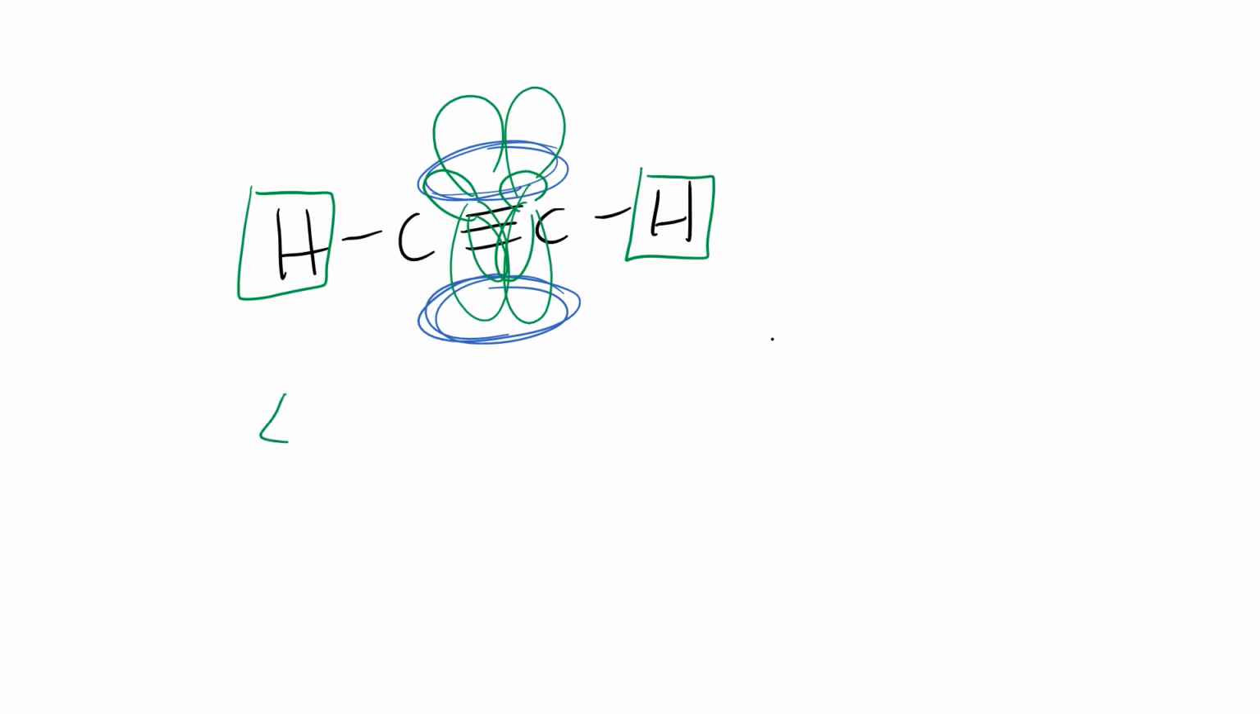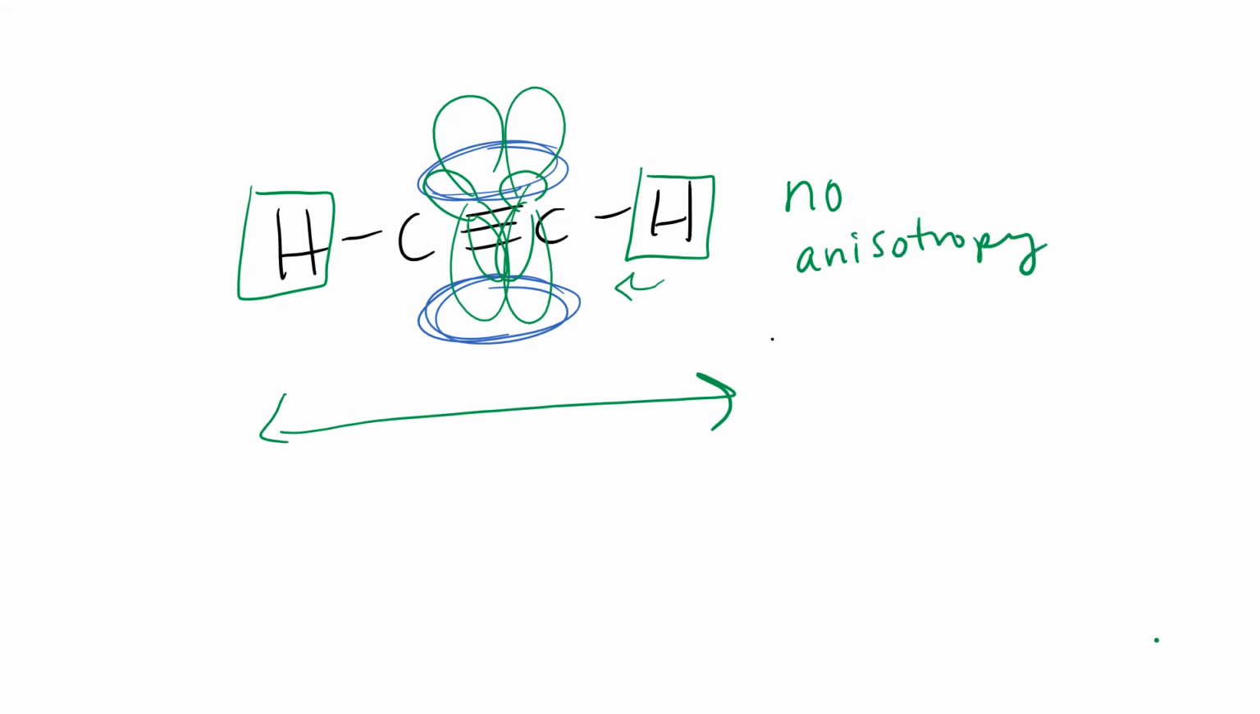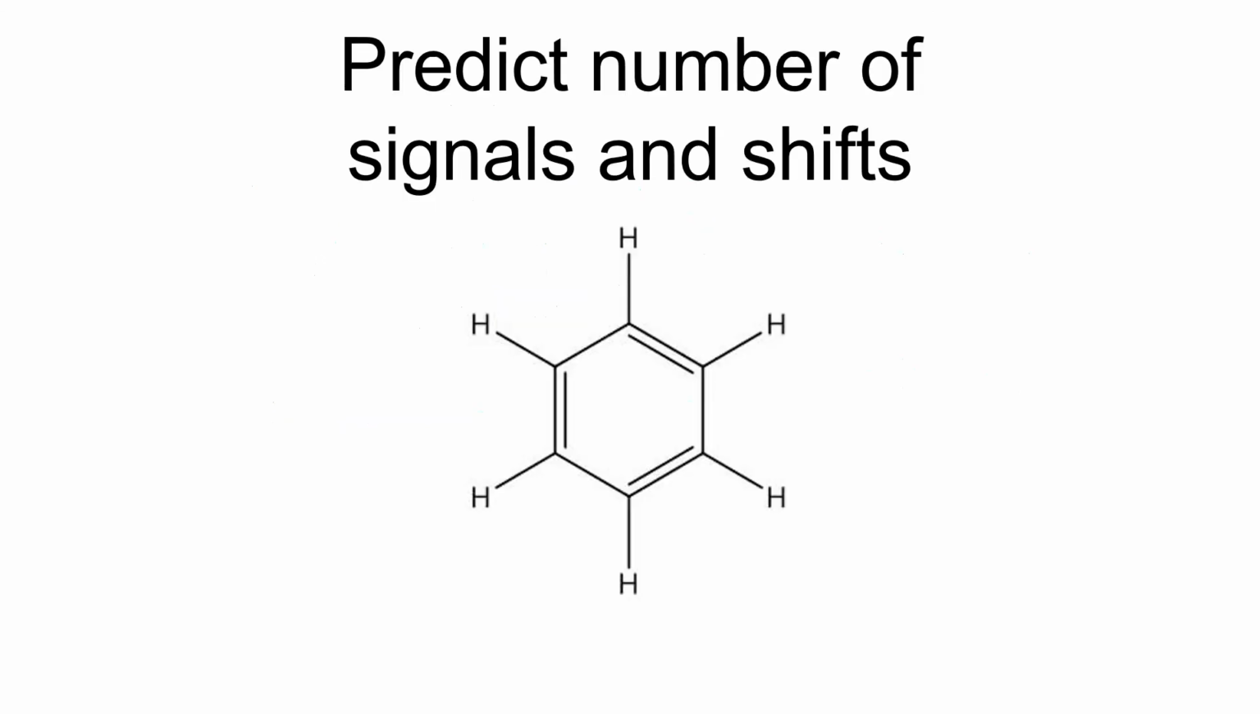So remember, this is a linear molecule, and these protons are not going to be in the correct spot, basically, to feel the effects of this magnetic field. So there's no anisotropy here. So there's no reinforcing of the external field, and so these guys show up closer to like 2 to 3 ppm. They're fairly shielded. Let's do another exercise predicting the number of signals in the shift, and this is just